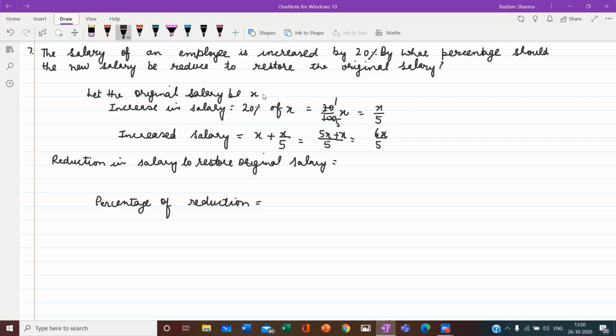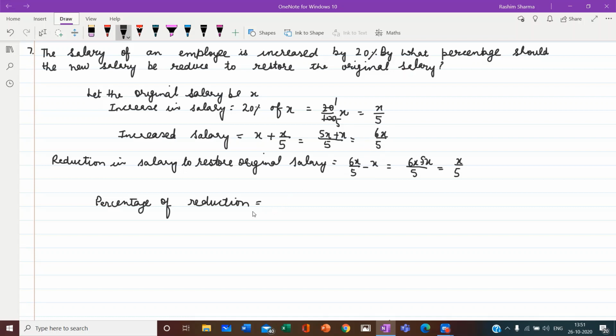Okay, now we have a reduction in salary. How much reduction should be there to restore the original salary? That we will come to know if we subtract the original from the new, increased salary. So when we reduce it, 6x upon 5 minus x, we get 6x minus 5x upon 5. So we get x upon 5 should be the